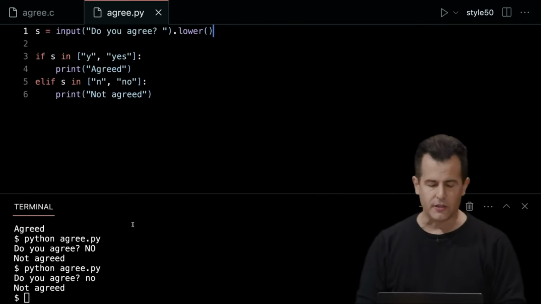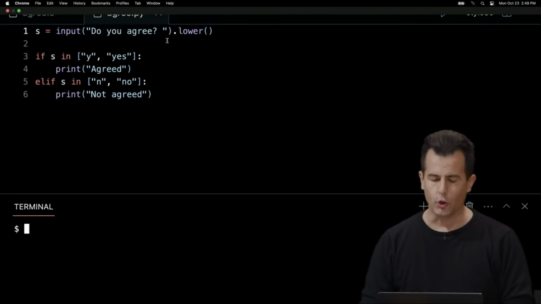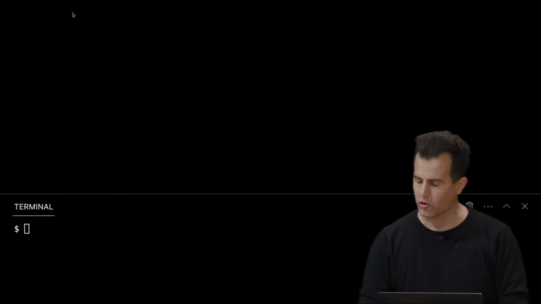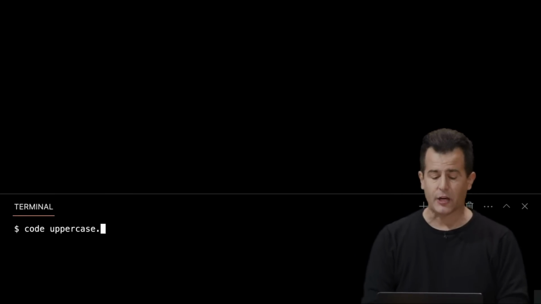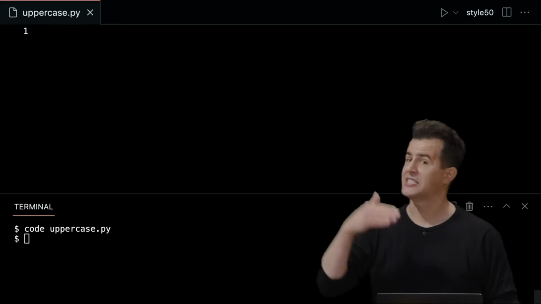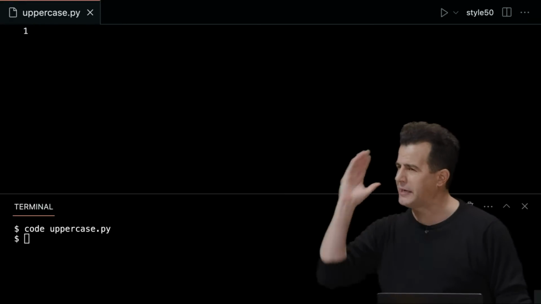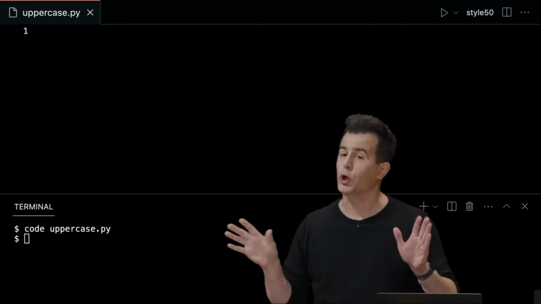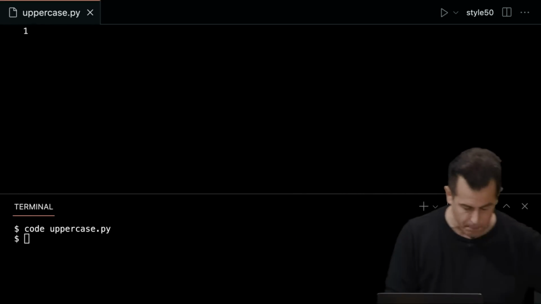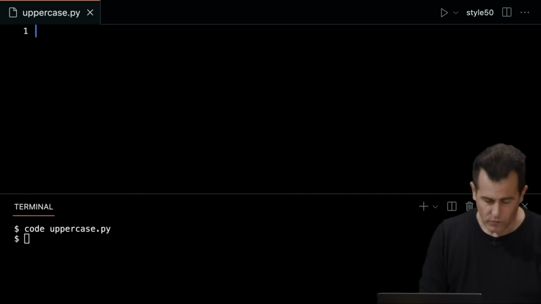Let me go into VS Code here, clear my terminal. Let's close both the C and the Python version of agree. And let's create a program called uppercase.py, whose purpose in life is to actually uppercase a whole string. In the world of C, we had to do this character by character by character. And that's fine. I'm going to go ahead and do it similarly here in Python, whereby I want to convert